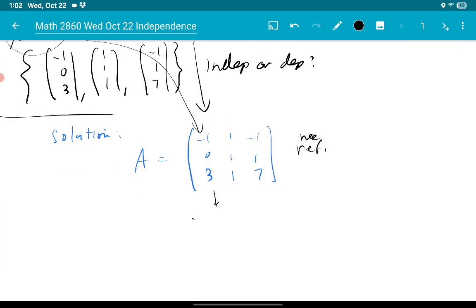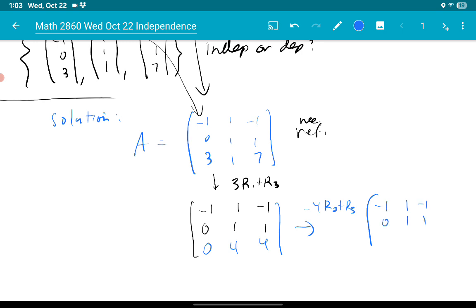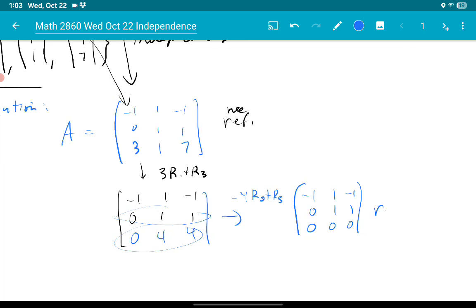So we'll do some row operations. This one will go a little faster because it's only 3 by 3. So the first two rows are good. The pivots are already staggered. I'm going to do 3R1 plus R3. So we get a new third row. The new third row will be 0, 4. A negative 3 plus 7 is another 4. And then if we do negative 4R2 plus R3, the first two rows stay the same. I'm going to take negative 4 times this row and add it to this row, so we get 0 plus 0, 0, negative 4 plus 4 is 0, negative 4 plus 4 is 0. Look at that.